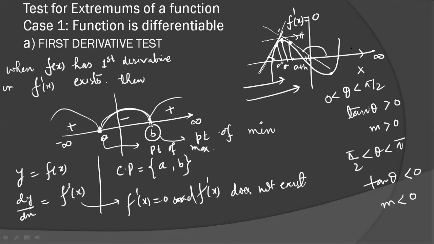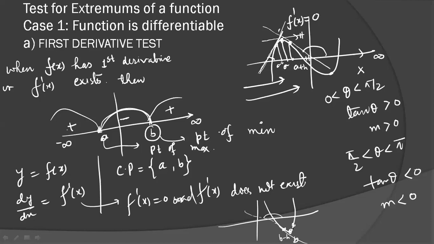A similar algorithm we follow for the minimum point, the minima case. You can see we are getting a change of slope from negative to positive in the immediate neighborhood of b. If you are not understanding, I can show it for b also. Similarly, you can draw a picture, I'm drawing here for the case of minima. This is your b. This is your left hand neighborhood. If you draw the tangent here, the tangent is making an obtuse angle. It means tan is going to be negative.